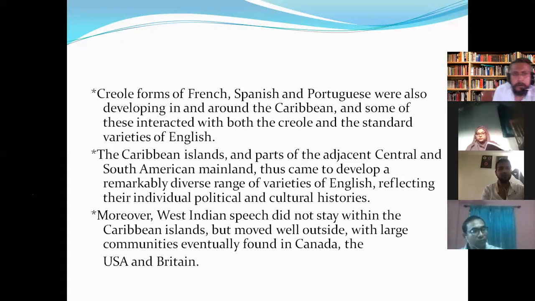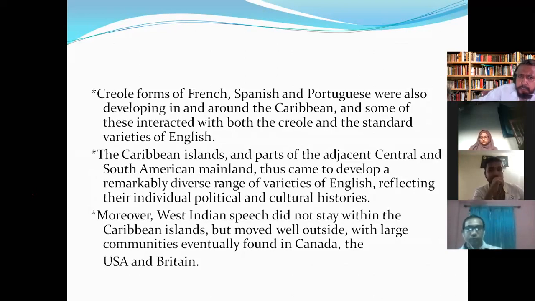And some of these interacted with both the Creole and the standard varieties of English. The Caribbean islands and the parts of the adjacent Central and Southern American mainland thus came to develop a remarkably diverse range of varieties of English,